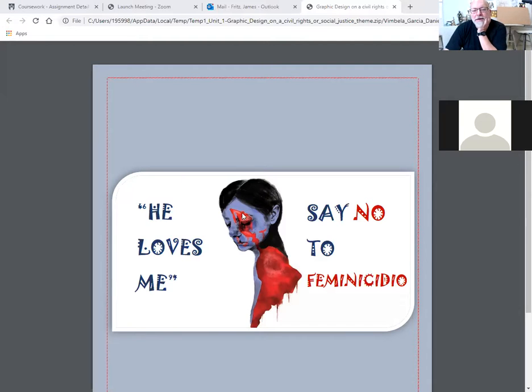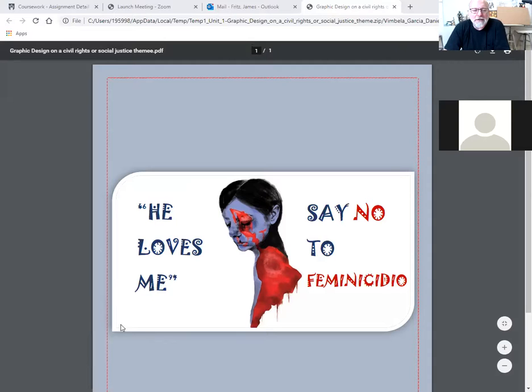Oh my God. Okay, here's the map of Mexico. Central America and South America is on her shoulder. So it's actually the map of Central and South America dripping with blood. I get it now. Oh my God, I'm so stupid. I am a white male after all in North America.